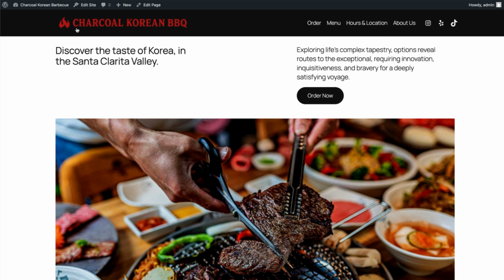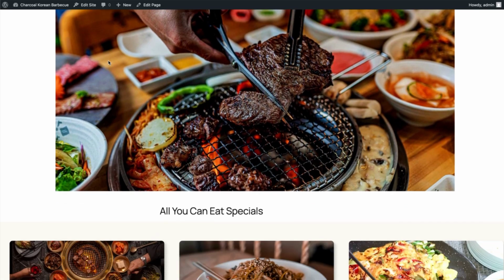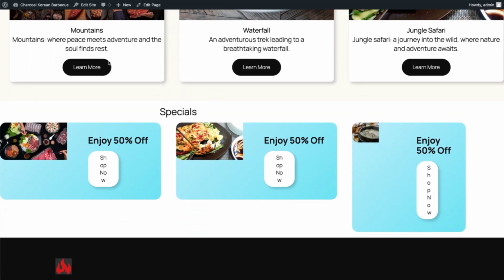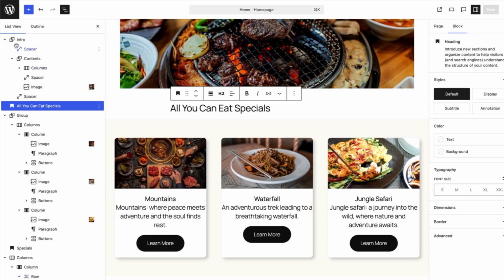We have a visible logo that suggests flame broiled items. Let's go ahead and add one more thing to finish this page off, and that is